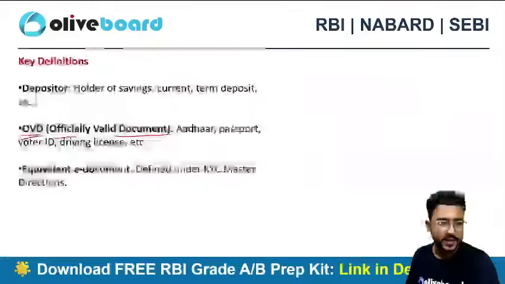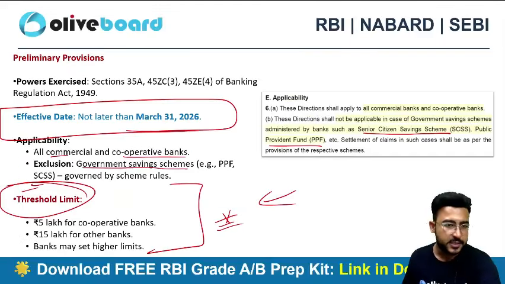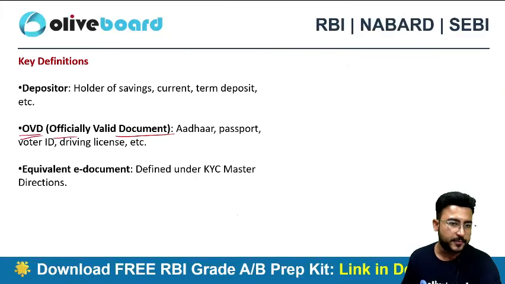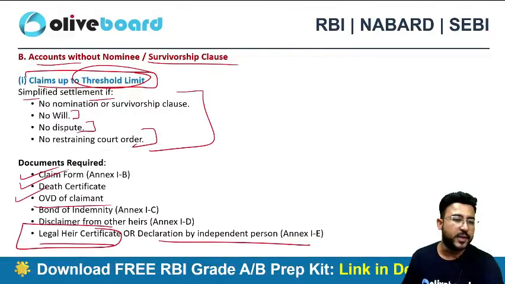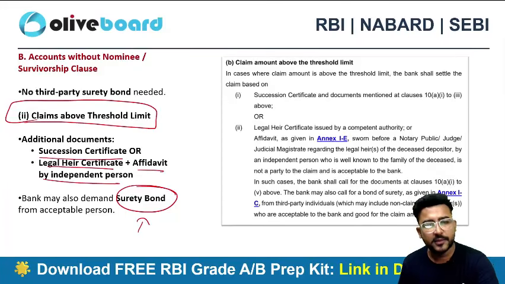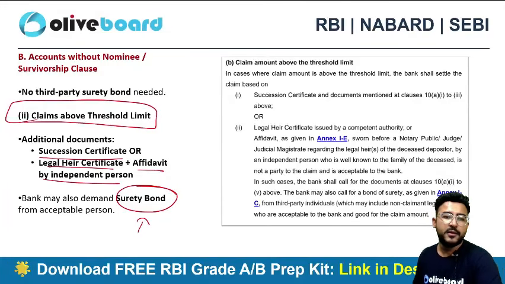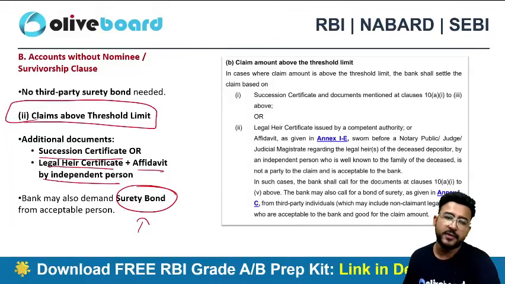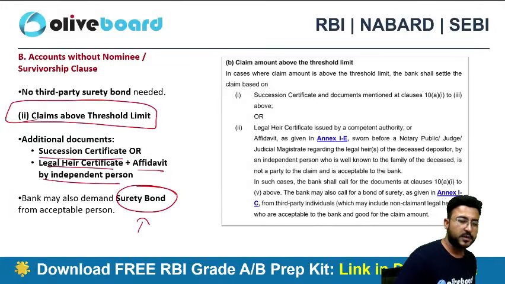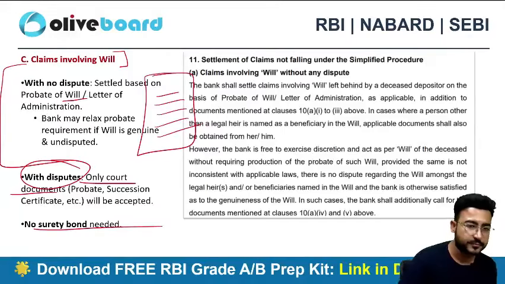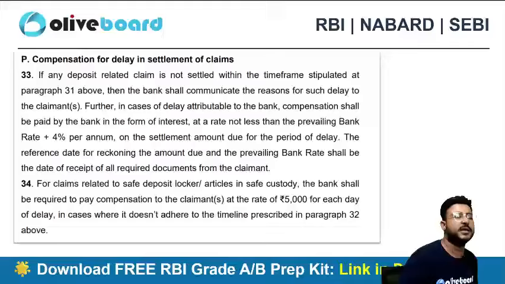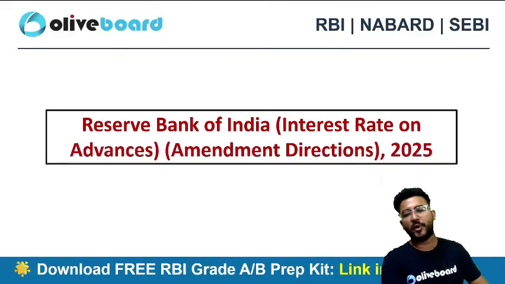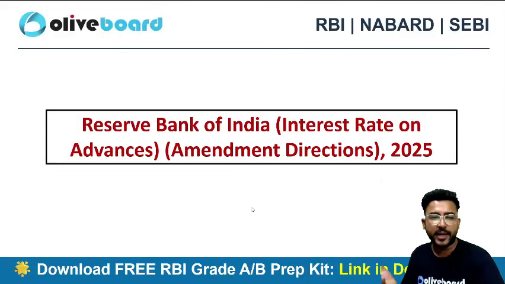So what things you will be remembering here, guys, from this particular circular, I will advise you guys: the objective, the date, the threshold, right? The basic understanding of what happens when there is a nominee, what happens when there is no nominee but there is no dispute as well. No problem at all. We need a legal heir certificate. When there is a dispute, we need a court certificate, right? If the limit is crossing the threshold, then we need a succession certificate as well. The bank may also sign the surety bond as well, right? So these are the basic things that we need to remember from this particular circular. Plus, time limit and compensation can also be important, right? Next one.